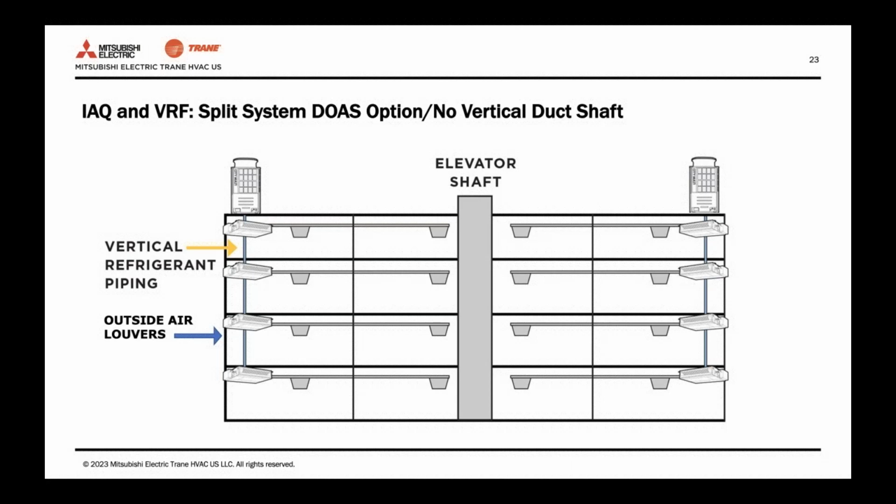You eliminate the need for the space of vertical duct shafting and all the added cost of fire dampers and controls with that vertical duct shaft. You can tailor the amount of ventilation air needed for each floor or wing of your building with a reduced equipment footprint, equipment weight, and energy consumption, all the while properly treating the raw outside air during any time of